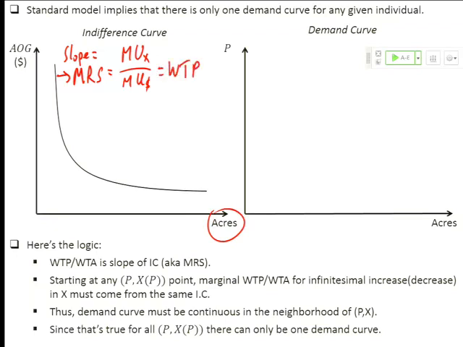Key point, if you're going the other way, if I'm taking away forest land, then the question is how much money do I have to give you? And so this exact same ratio in this model is equal to willingness to accept. They should be the same. This, for the purposes of the next couple of class periods, is the key point. That slope is the same whether you're going infinitesimally one way or infinitesimally the other way.